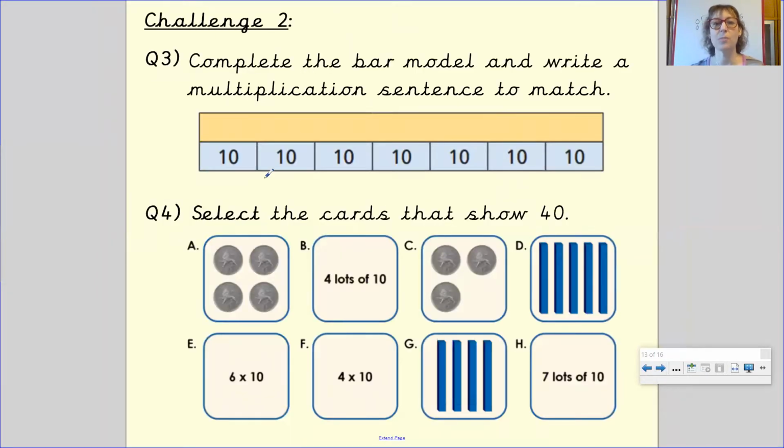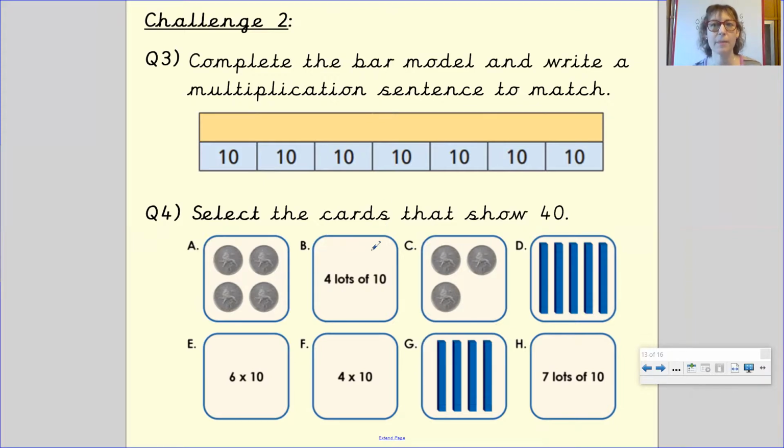Challenge 2, you've got a bar model. So can you do the multiplication sentences that go with that, just like we did earlier on in the lesson? And then you've got some cards. Now, each card has got a letter next to it. So you've got A, B, C, D, E, F, G, and H. And all you have to do is write down the letters of the cards,